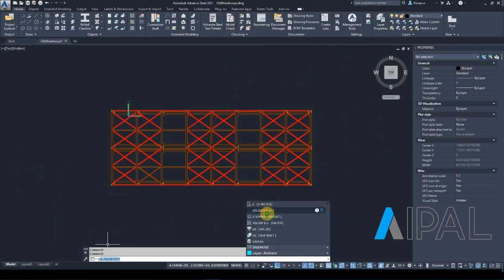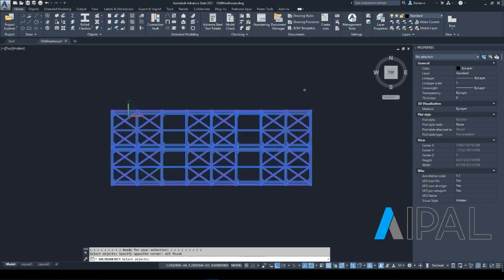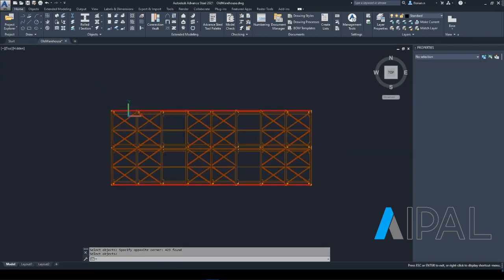So we have Solid2Object again. Let's use our stretch method. How much was it? I think it was 3% at this point. And bring this in, process by layer, yes, why not? And then we select all our objects and confirm it. And so all the sections are now